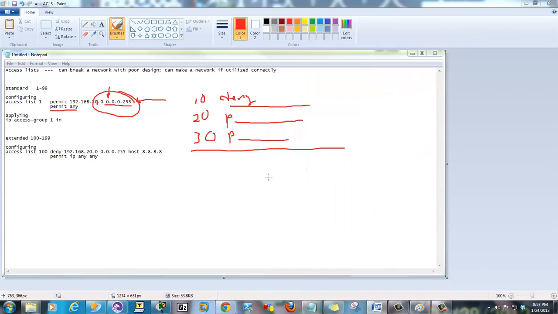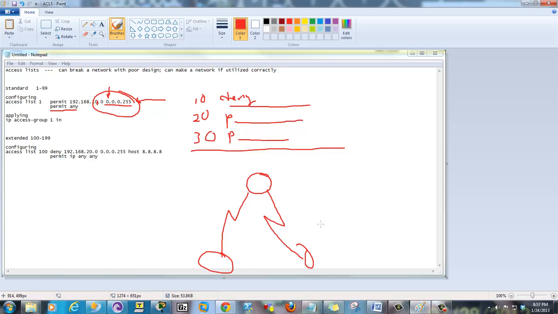You have a router and a router, and you have two connections outbound. If this is R2, or just put 2, this is 1, this is 3. If you put an access list inbound, meaning anything coming this direction on it, if you configure it to where it permits, or I'm sorry, we'll just go deny